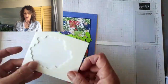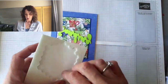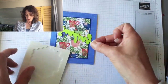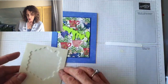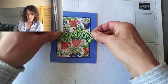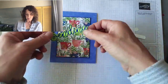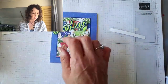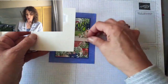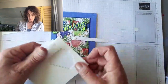So for this one, I could use the big dimensionals. See? At least I hope so. Just and barely. And you know what? That's going to be good enough. Oh, no, make sure you take the backing off, otherwise it won't stick. So I'm going to do that on an angle. And then for the other one, I'm going to use little dimensionals, minis. 1,